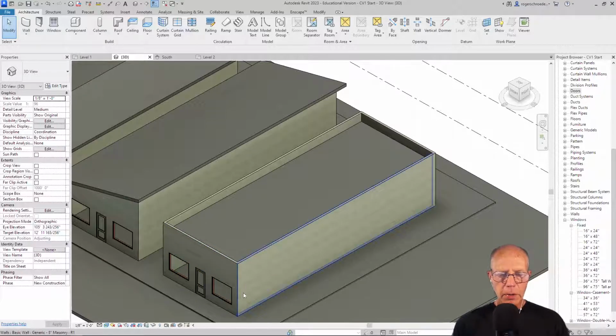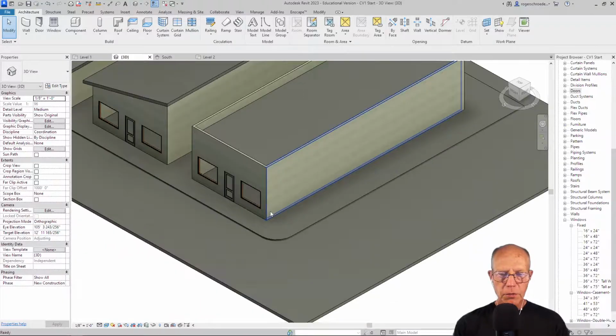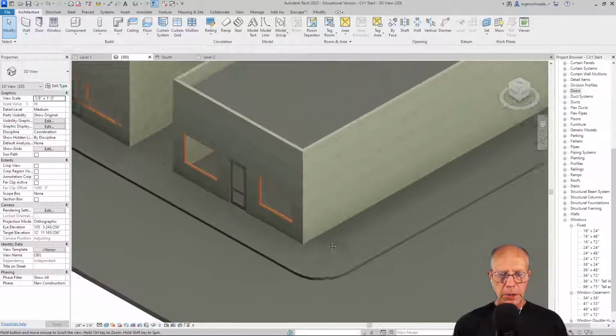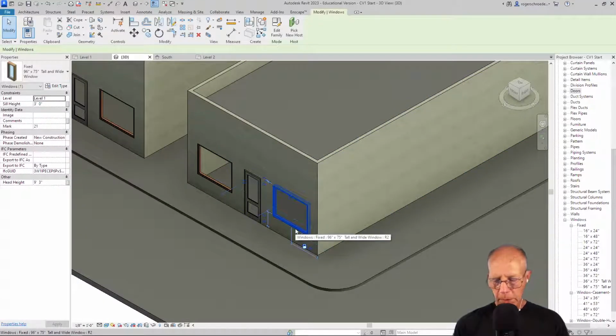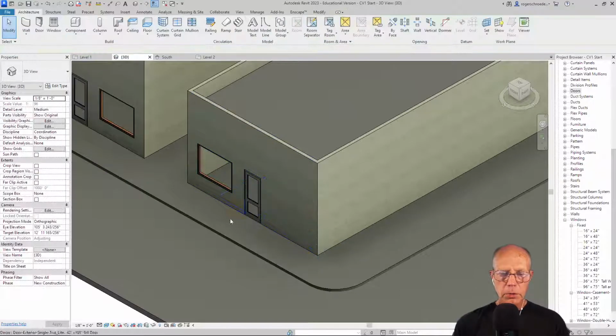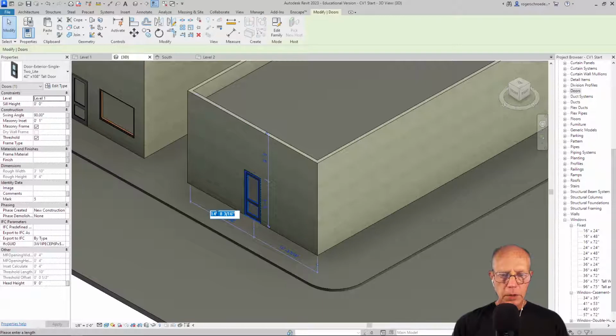So let's go ahead now and make some final modifications to the facade. We're going to add what's called storefront glazing on. I'm going to do that right away. I'm going to actually delete these windows. So I'm just going to select them and hit delete. We're going to move this window over so that it is, let's say, 4 feet from the edge,